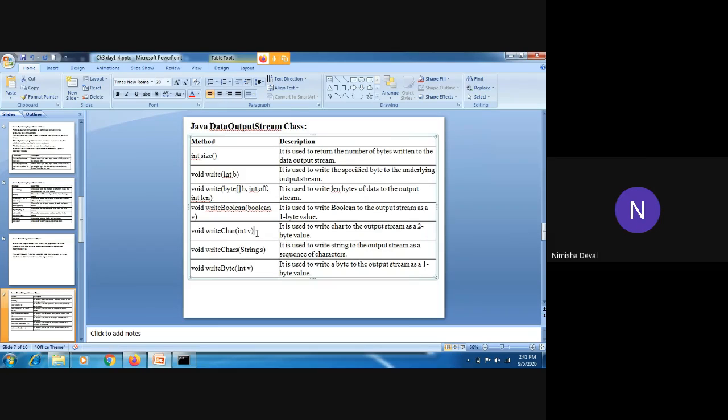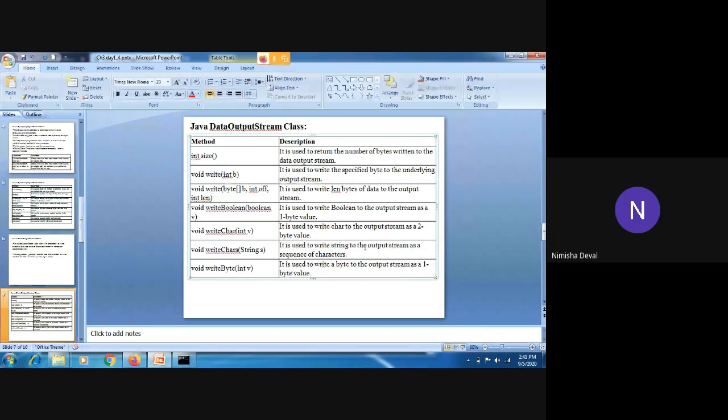Then the next method is write char. Through this method you can write a char to the output stream as a 2 byte value. Here a single byte value is there and here a 2 byte value is there. Then write chars. What have they mentioned? Char s, string s. It means it is used to write a string to the output stream as a sequence of characters.